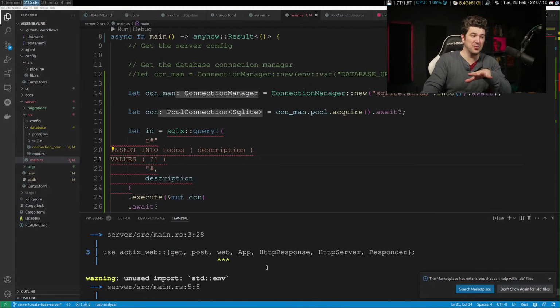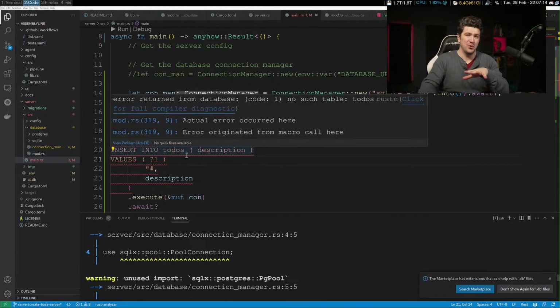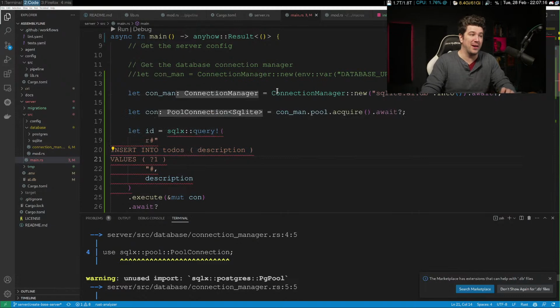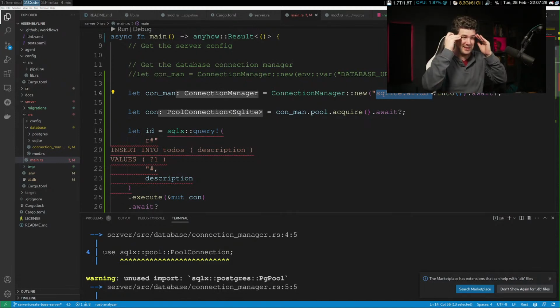I understand why it is the way it is, because in their static checking they don't know what connection manager ran. They don't know what this dynamic string is. I remember this. I don't know if you like 3 weeks ago, I told you SQLX is weird. This is what I was going through. These are the epiphanies I was having, and it took me a whole hour to get here again, which I'm sorry. I've slept so many times between then and that. This was the weirdness that I was going through.